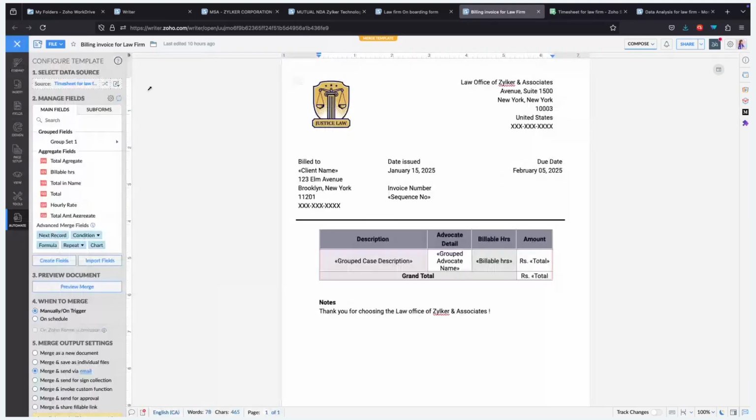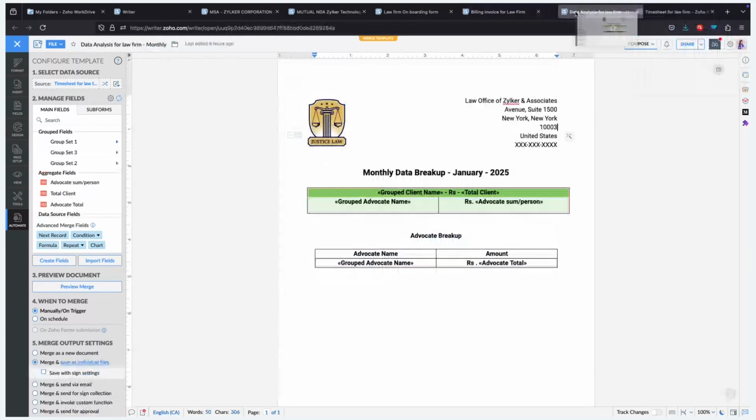So the raw data that we have can be visually represented in an excellent manner to generate the invoices. So now, next, let's move on to the other use case where I would want to, let's say the Zilker firm wants